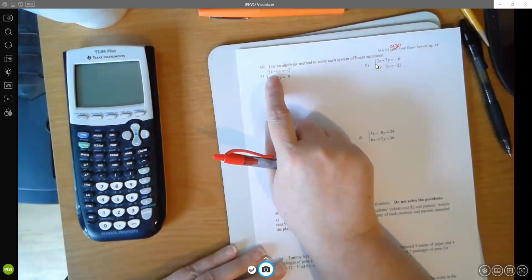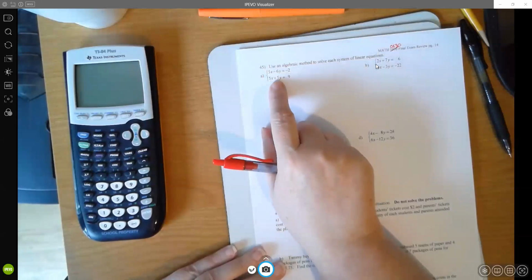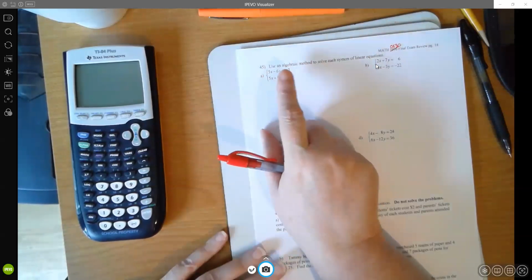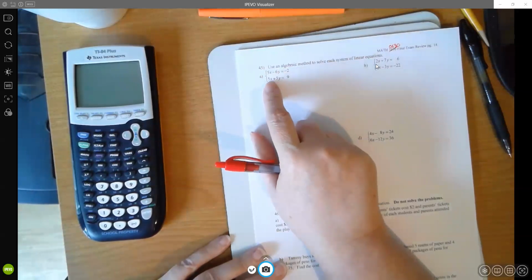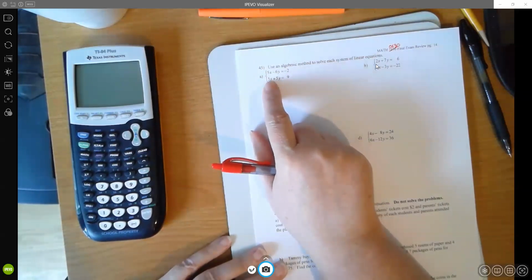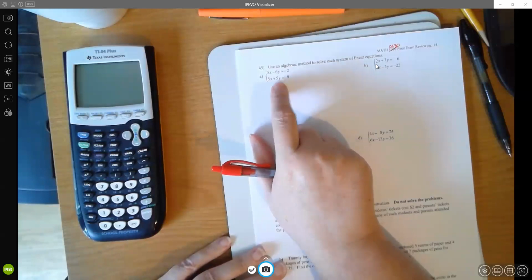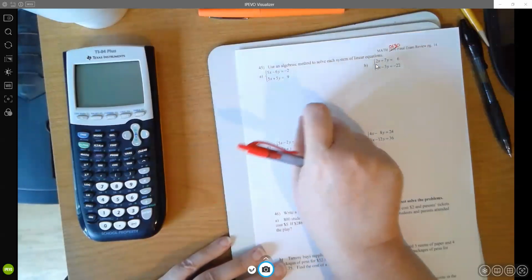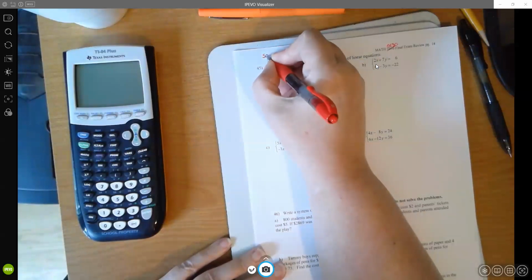As I look at this first one, when I do these, I'm trying to decide whether to eliminate the x's or the y's. So I'm looking to see if there's any of these places that share a number. And then if they share more than one number, I'm trying to see about signs. The first thing I notice is that there's a 5x and a 5x. So that means they share a number, but they don't share a sign. That means if I added them together, 5x and 5x would add to 10. That does not eliminate. My goal is to have either the x's or the y's to be the same number,